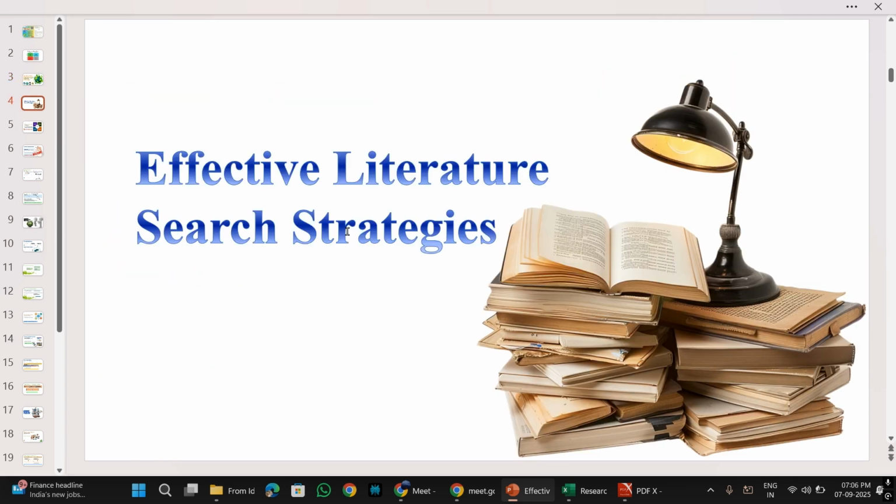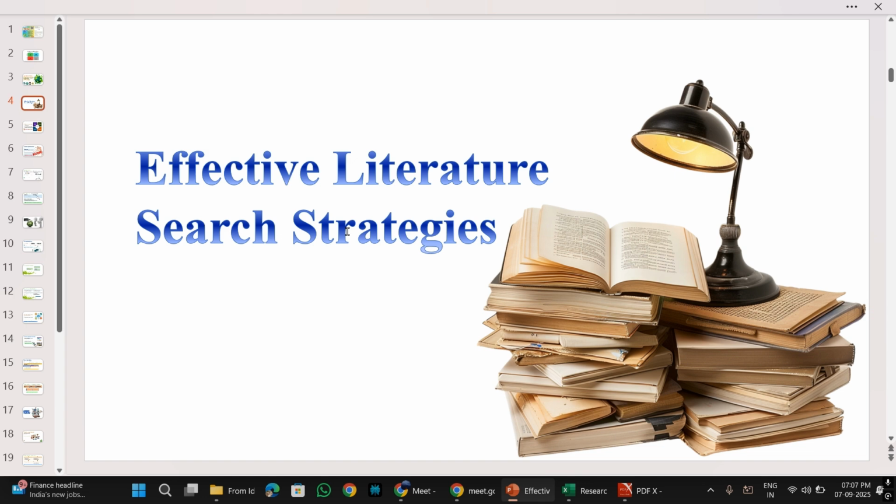So, effective literature search strategies. What we will do is run through this particular PPT first so that we don't leave it behind, because of the hands-on activities we will be completing. If we happen to go beyond 8:30, then some of you might still want to stay back and do it. And if not, then a few of you will be more confident in doing those activities on your own.